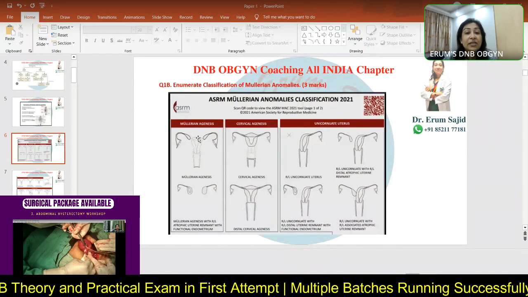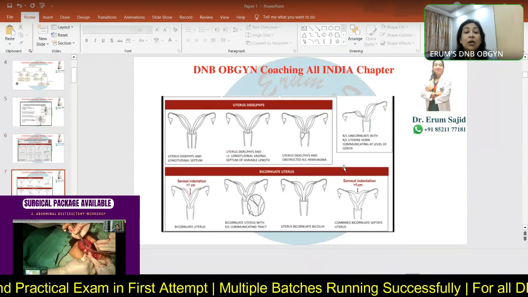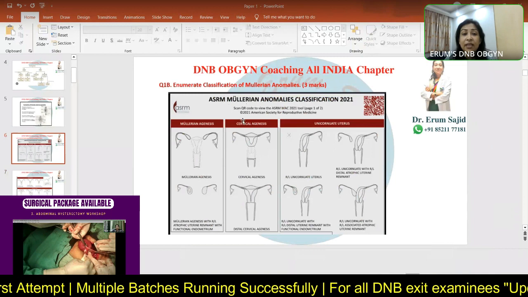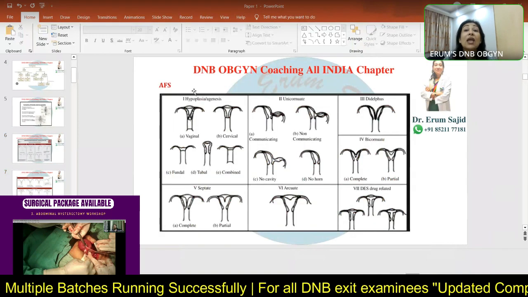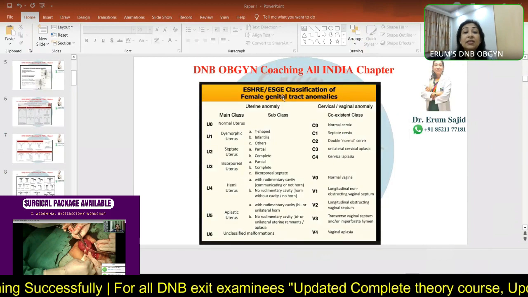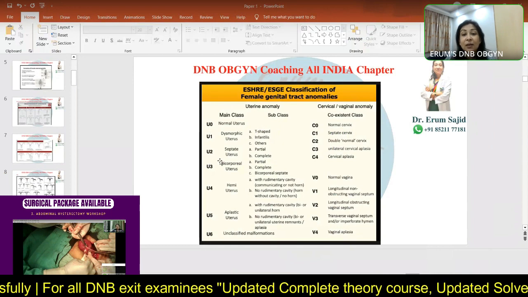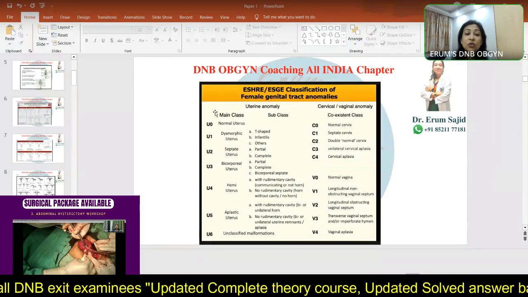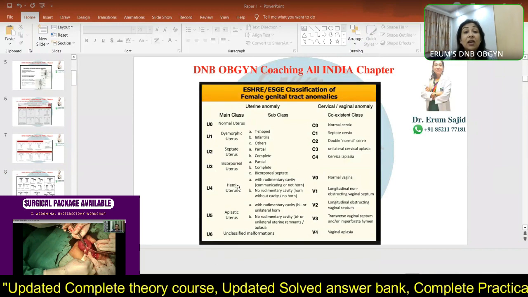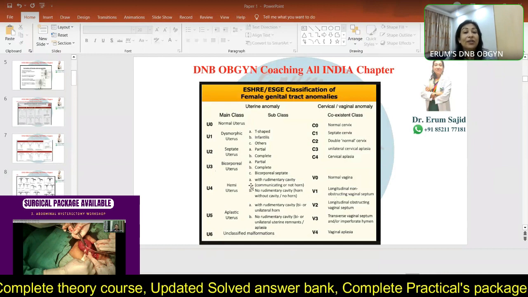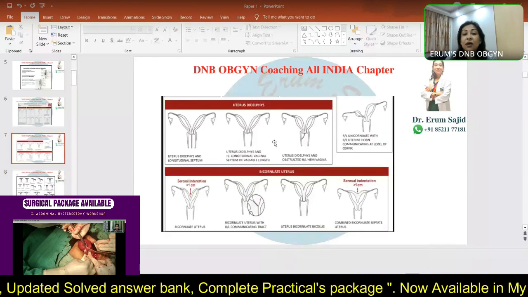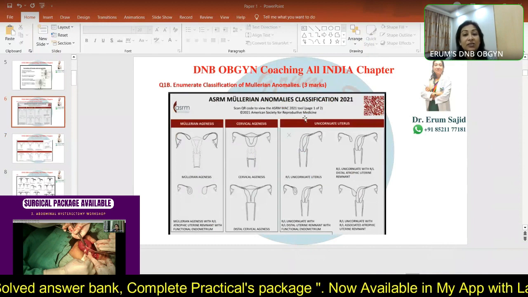Okay, that this is divided into Mullerian agenesis, cervical agenesis, unicornuate uterus, uterus didelphys, and bicornuate uterus. That's it. You've described this classification, ASRM. Next comes AFS classification, and that describes it into classes. Class 1, 2, 3. You've been reading it from time immemorial, correct? Then there's an ESHRE classification that divides into main class, subclass, and then coexistent class into U0, U1, U2, U3 like this. So if you just mention these, you do not write down all this unless asked to elaborate in detail. It's an 8-mark question. There's no need for you to go through all these things. You can only simply say that these are the 3 important classifications, the 3-mark question.